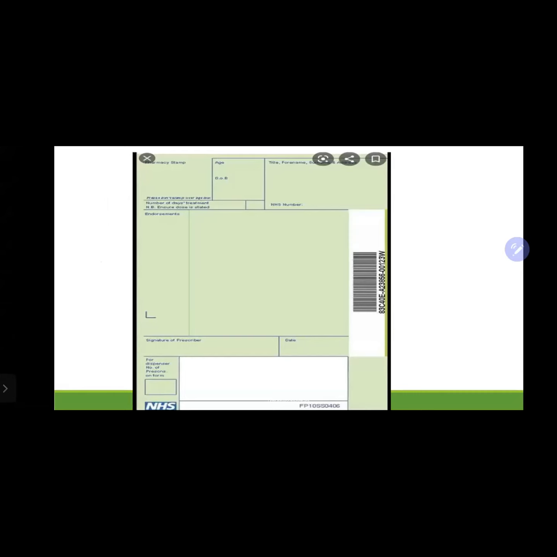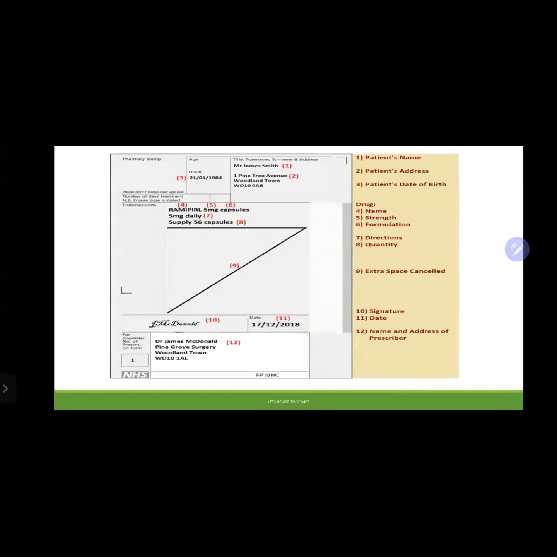The prescription form is usually for the GPs and for the nurse prescribers, and it can also be used in hospital outdoors, right? So I am going to tell you guys how you can fill this prescription form, because most of the time in this scenario, you will be given this green prescription form. Okay.